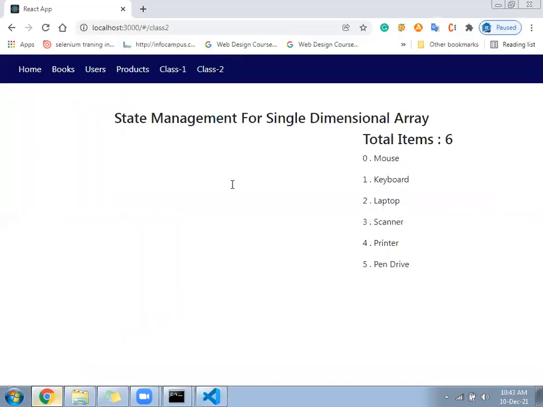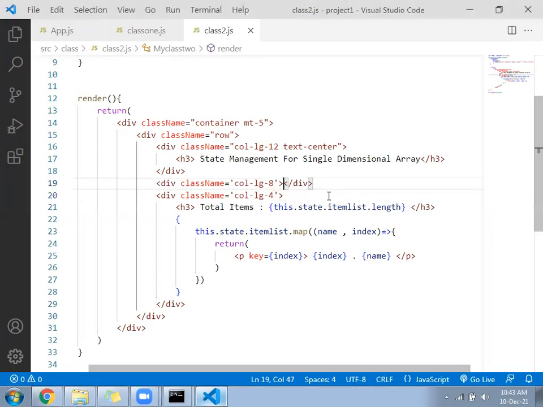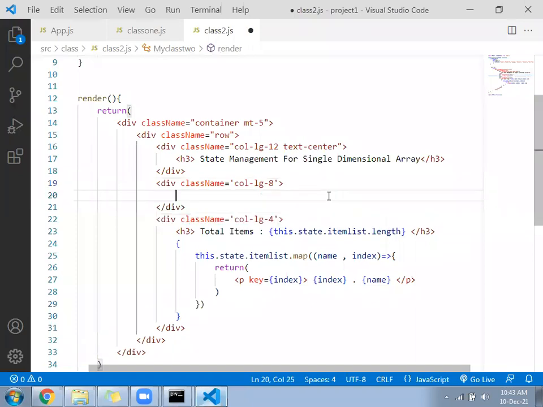Okay, come to the 8 now. Inside the 8, create a table.